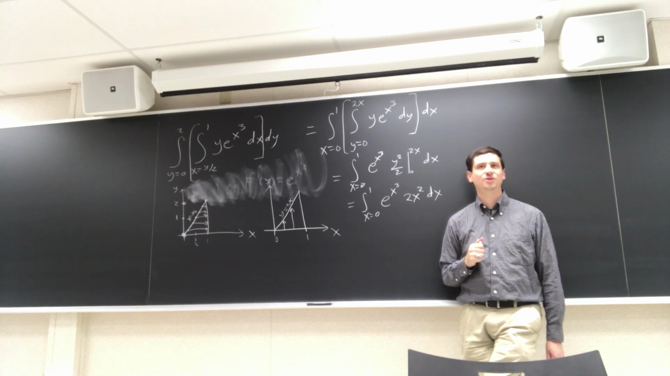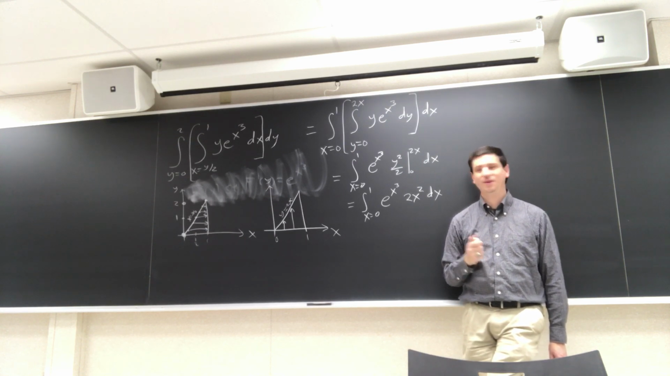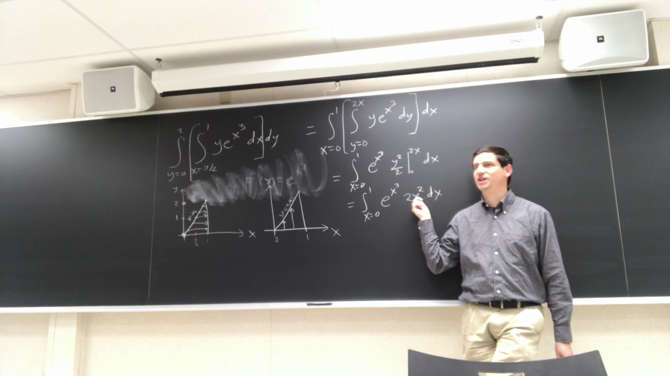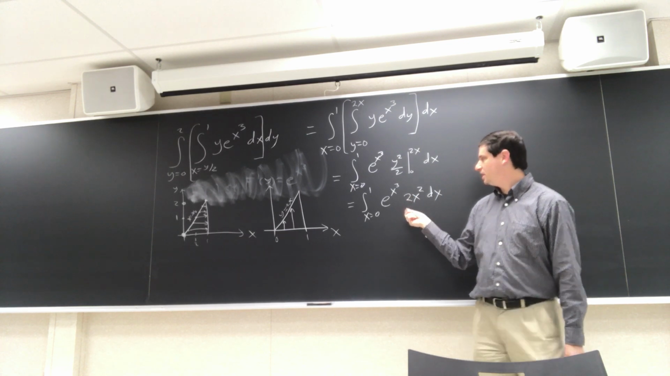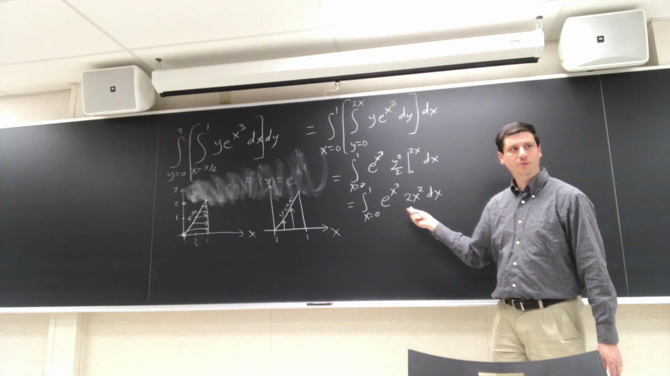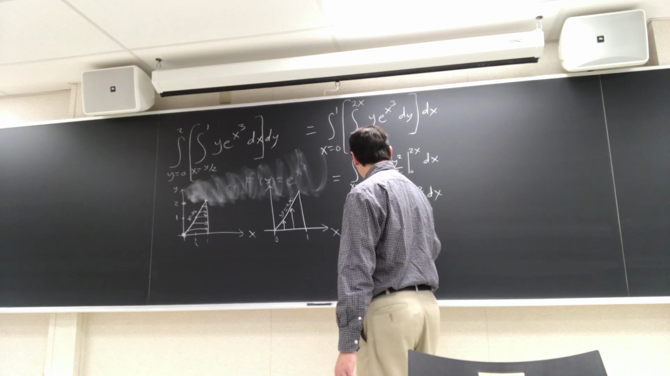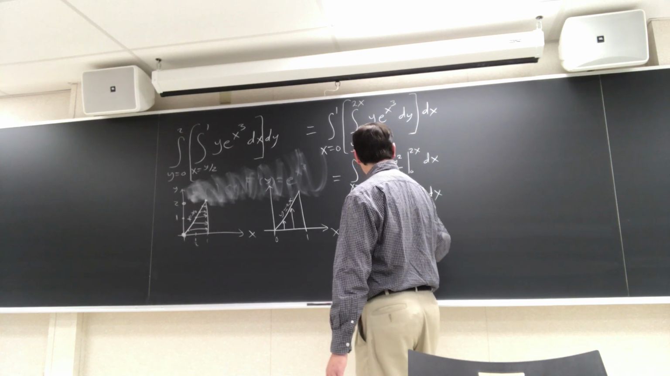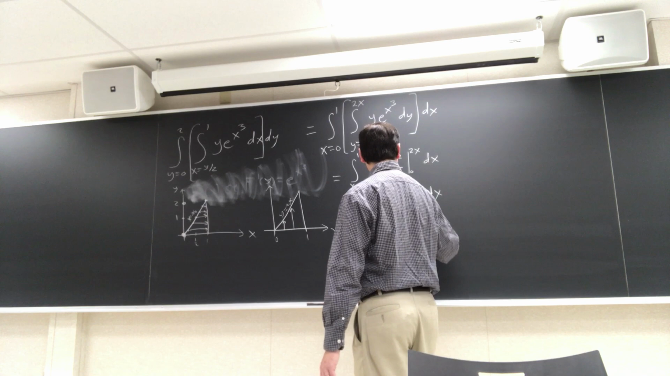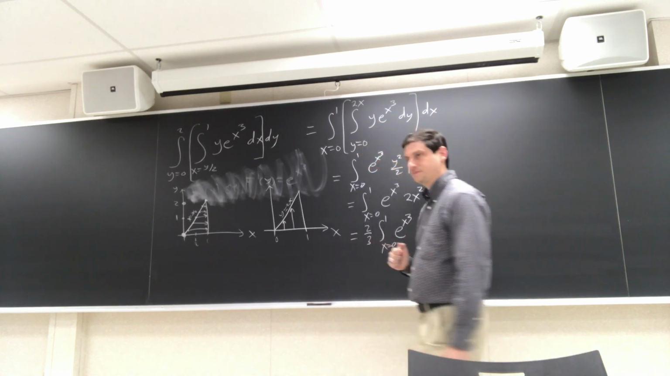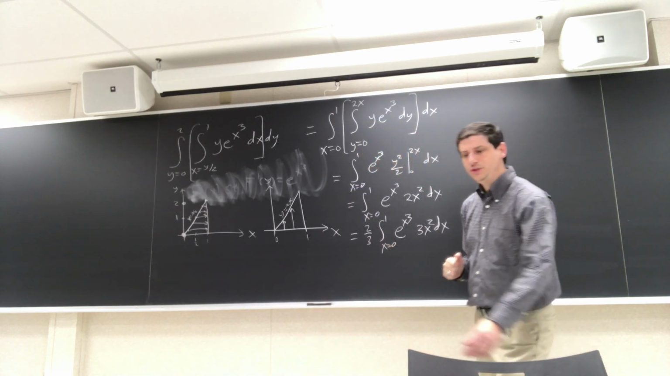This is almost what you would hope for, right? Instead of a 2x squared, what would you like to have? 3x squared. Then we could do a u substitution. So what I want to do is multiply by 3 over 3. I'll pull out a 2. This is going to be the same as 2/3 integral, x goes from 0 to 1, e to the x cubed 3x squared dx. And now if we do a u substitution,